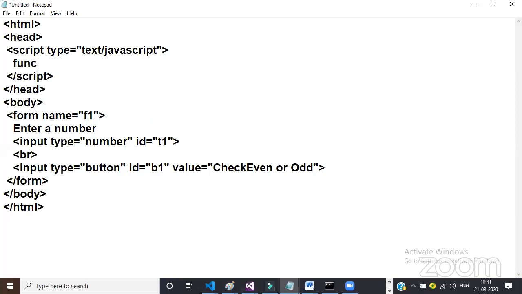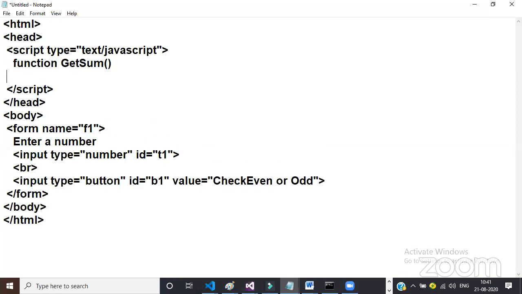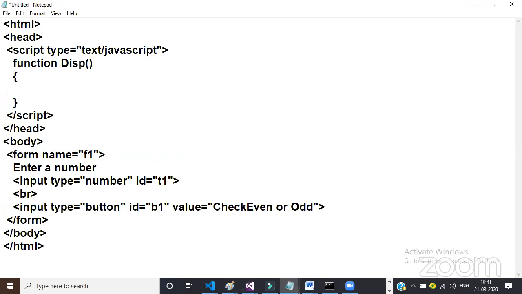Within this, I'll declare one function. The name of the function I'll give as get result, or display result, whatever it may be. You can give display. And here bracket open, bracket close. Now